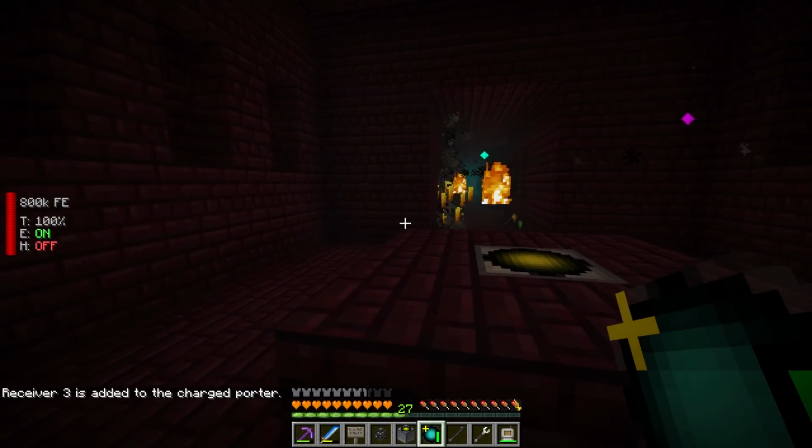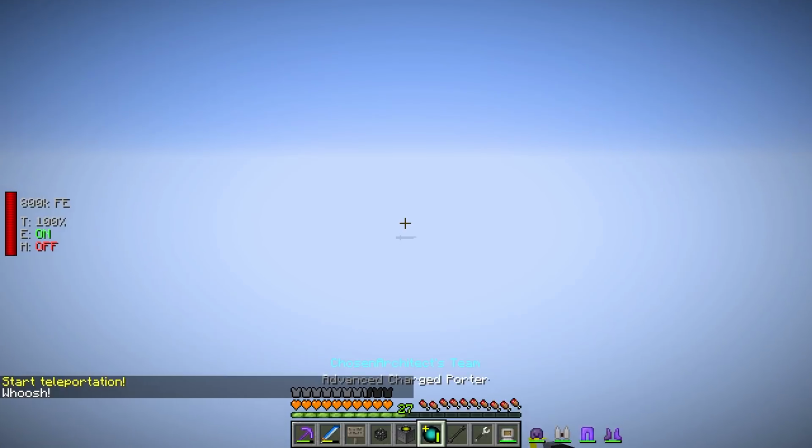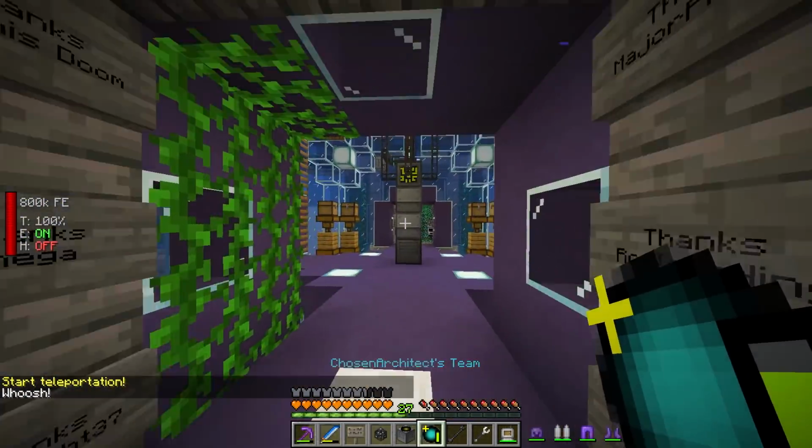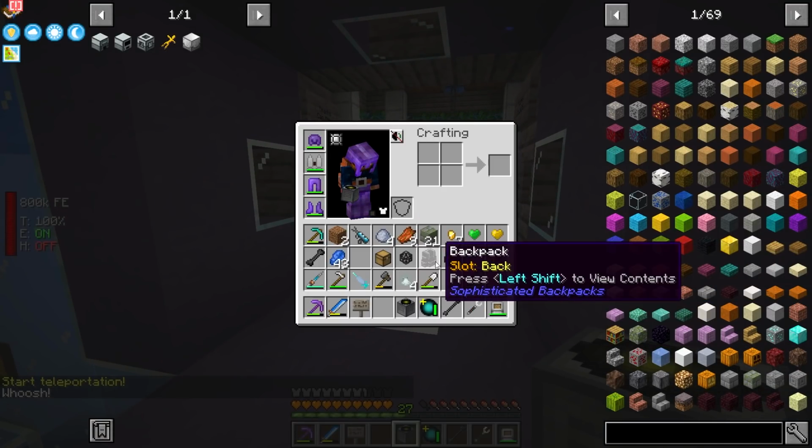But I need to get back home. Yep, I need to get back home. So that's as simple as right clicking and bam, we are right back home, which is super nice. Now I have one other one to place, and that is going to be in the...